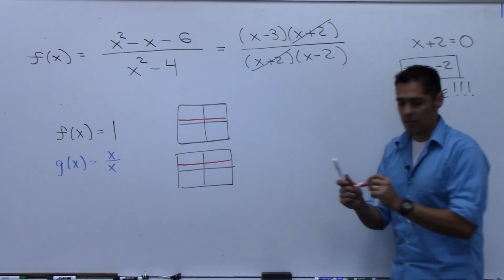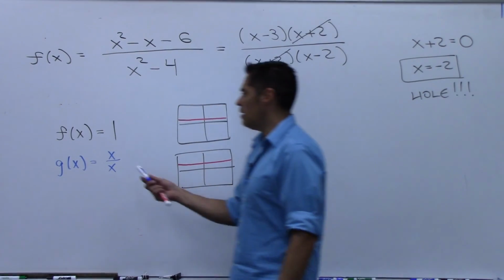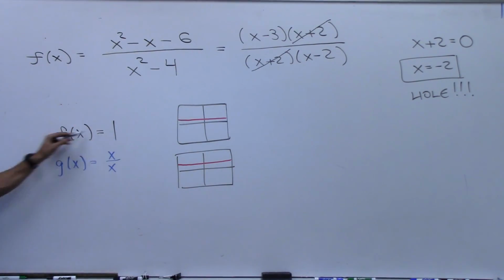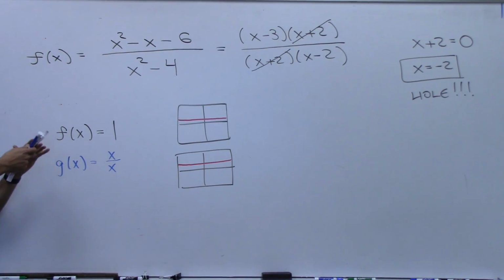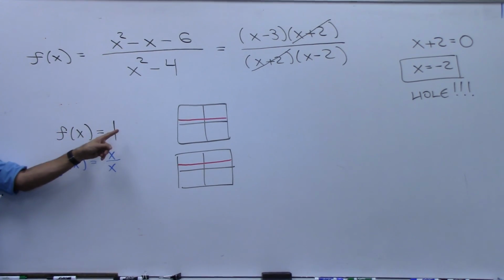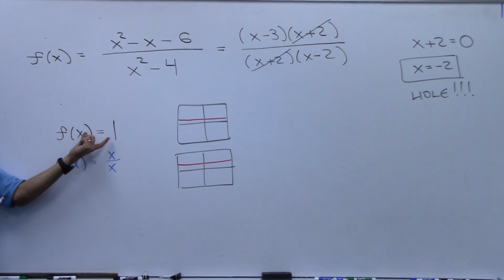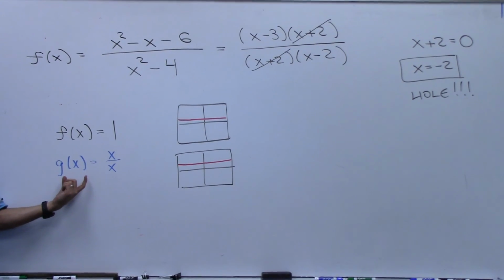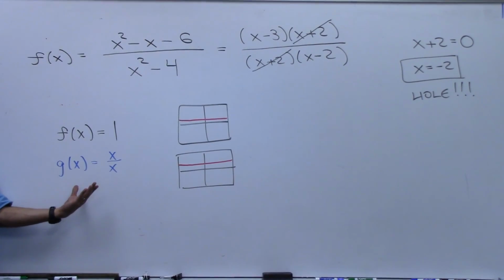There is a difference. Your calculator's not going to show it to you, though. What's the domain of this function? What can I plug into this? If I plug 5 in here, what does it spit out? 1. If I plug in 10? Pi? 1. Negative 5? 1. No problems. All real numbers. What's the domain of this? x. Can I plug anything I want into this? What can I not plug in? 0. 0 divided by 0 is undefined. So believe it or not,